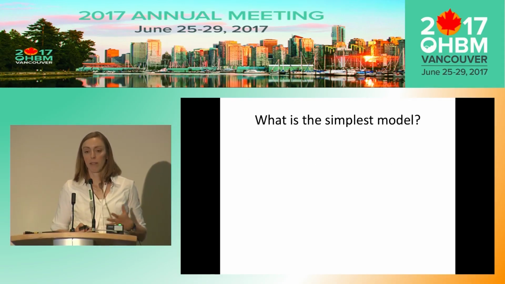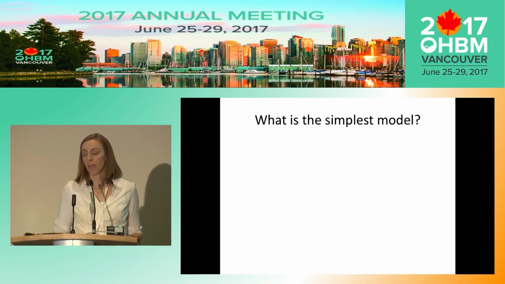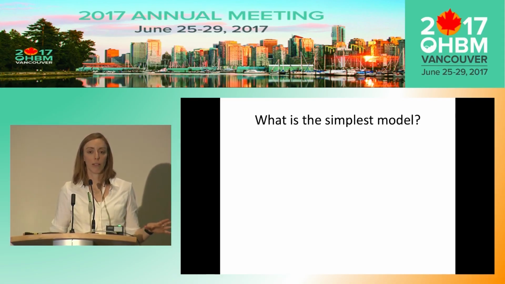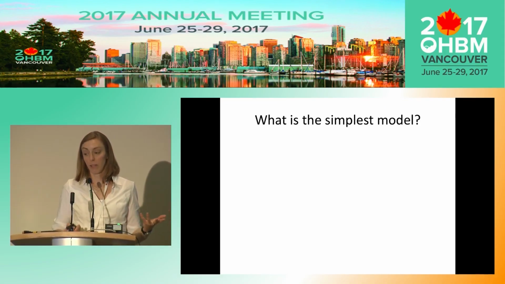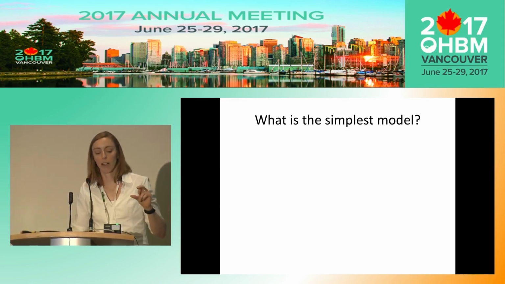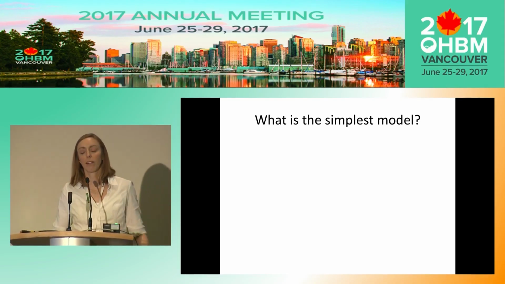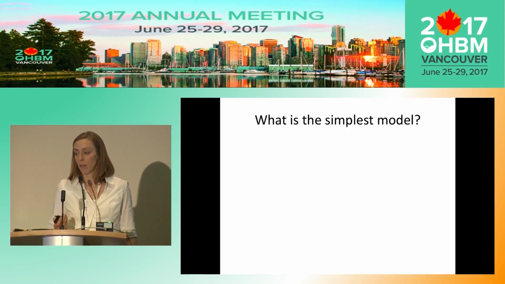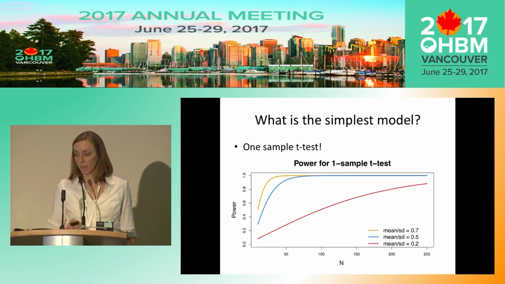Right, so what I'm going to do is step through models and these small, medium, and large effects and look at power, just to build a little bit of intuition about what you would expect to see in data. So what is the absolute simplest model you can run at the group level? Just shout it out. Yep, group average, a one sample t-test. It's also typically the easiest to power. Technically, it's often a paired t-test, because you're looking at paired differences between two task activations in fMRI, but they're typically the easiest ones to power.